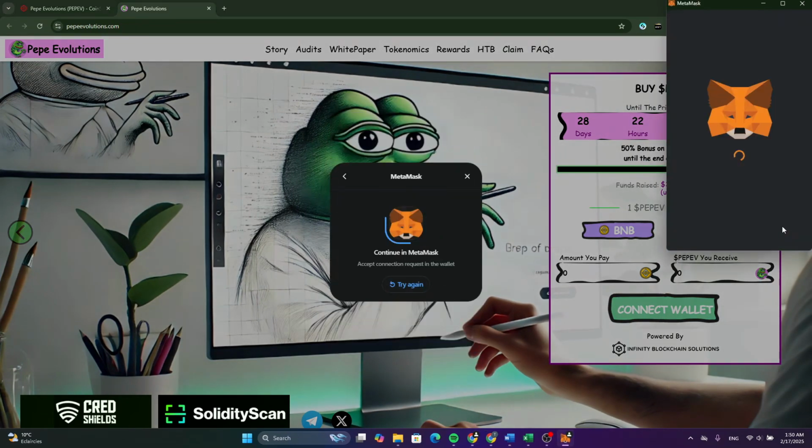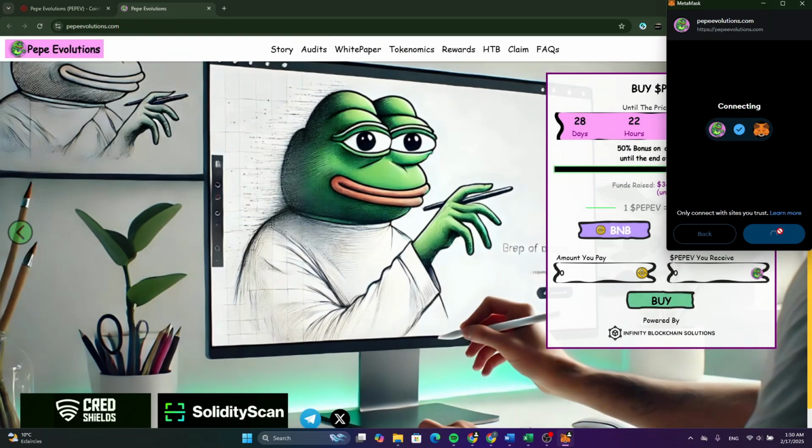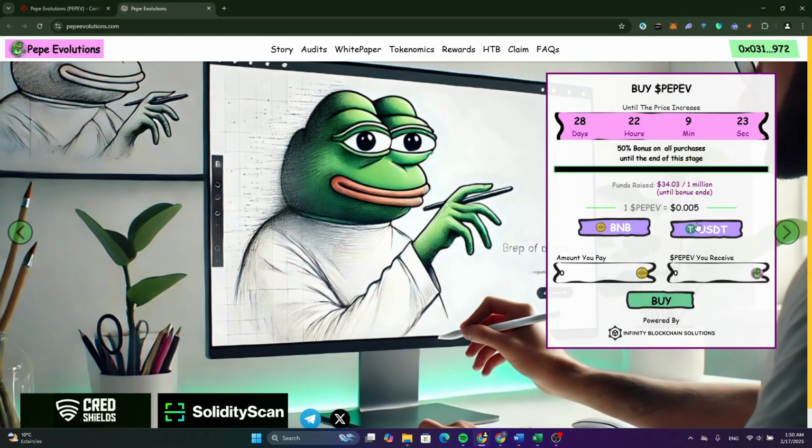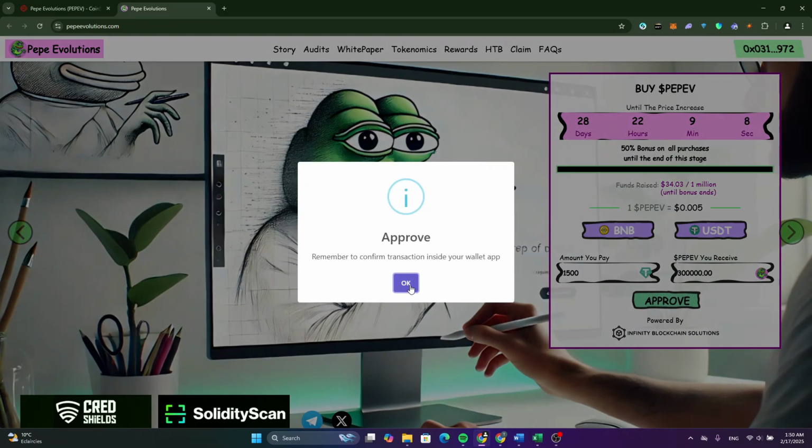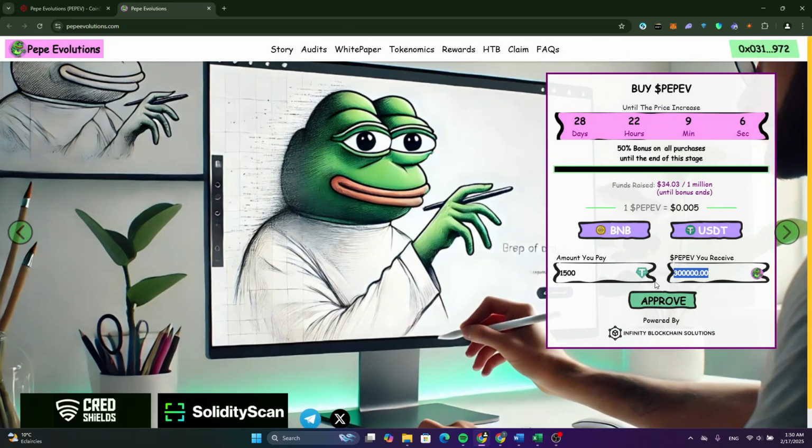So after you connect your wallet to that pre-sale page, you can now just select one of these tokens that you have funded, or that you have funds on in your wallet. After you select the token, just type how much you want to buy. As you can see, here you will be able to see how much of that token you will receive. After that, click on approve, and as you can see, I don't have any funds on that token